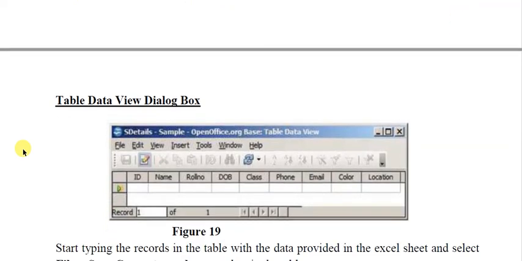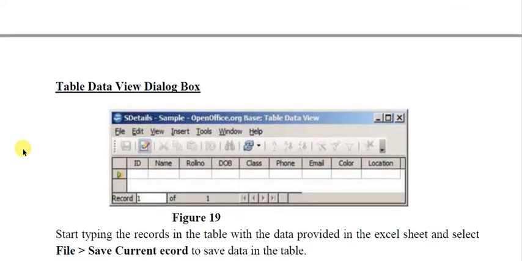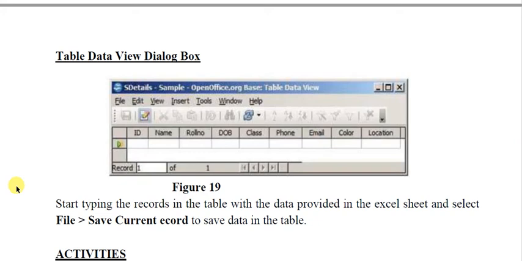This will be the window where you will enter the values. This arrow will represent the row where you are entering the values, and you can enter as many values as you want, and there will be the record count here, and you can save it.